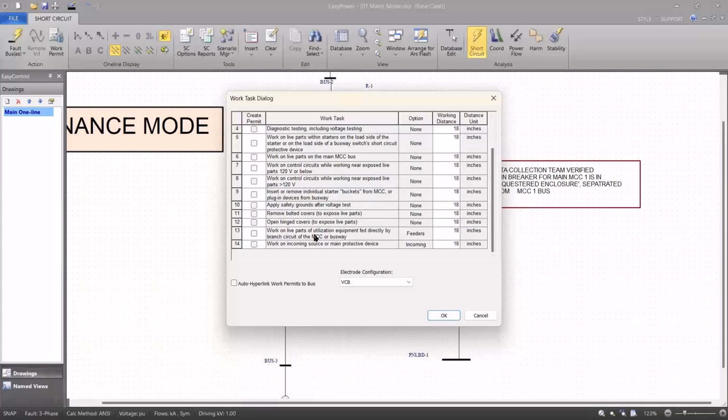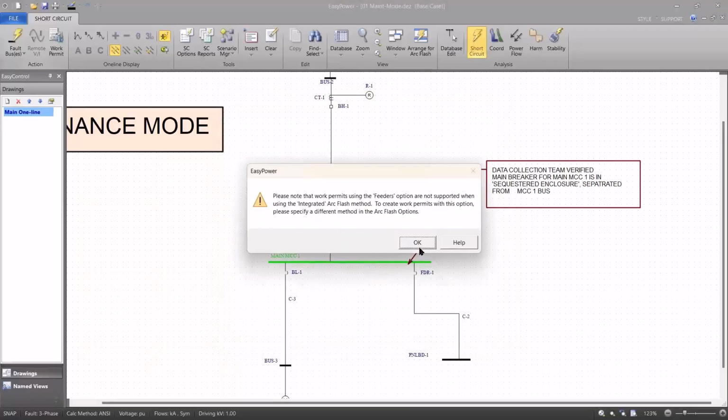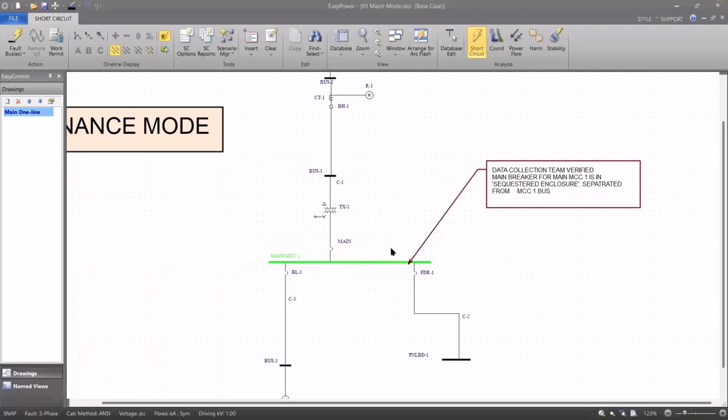If I'm going to work on large parts fed only by the direct branch of the MCC, I check that. And these are the typical values for the equipment at 480 volts from the standard. But if I'm working on a feeder and I know the operator is going to be within that 18-inch boundary, I'm going to change my working distance to whatever his distance will be. And once I do that, we can create the hot work permit and have it include